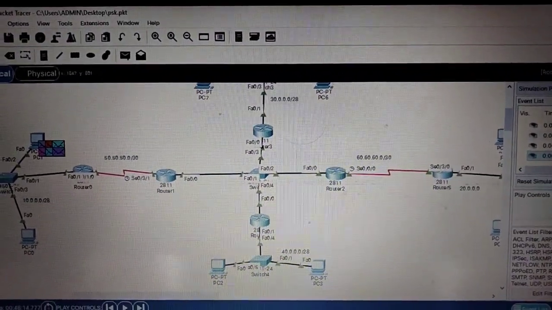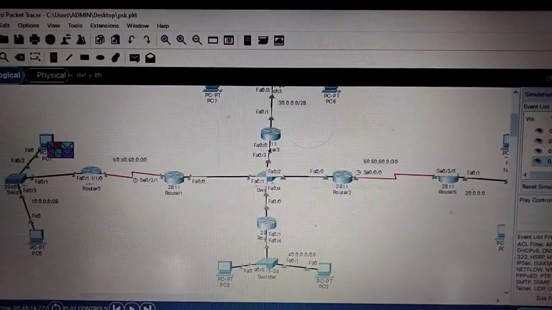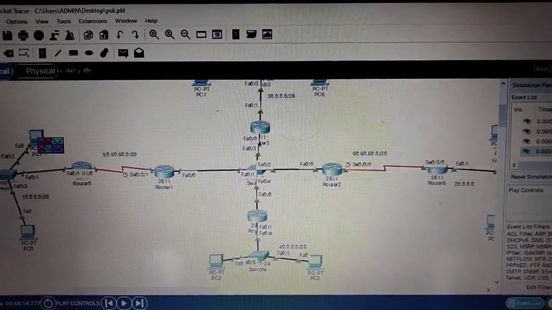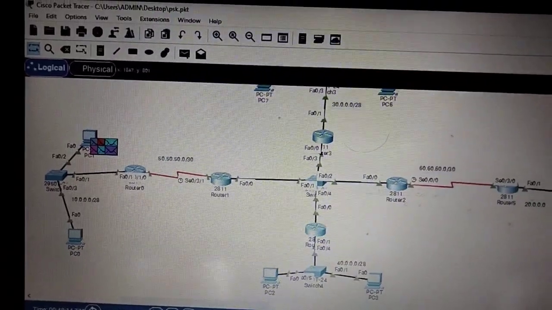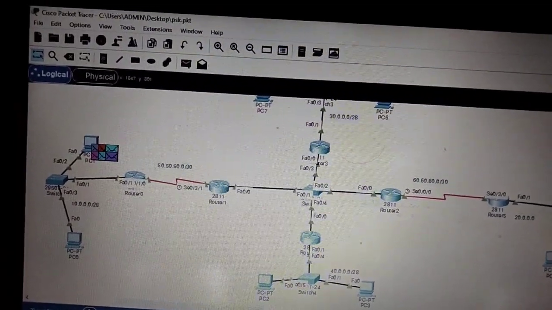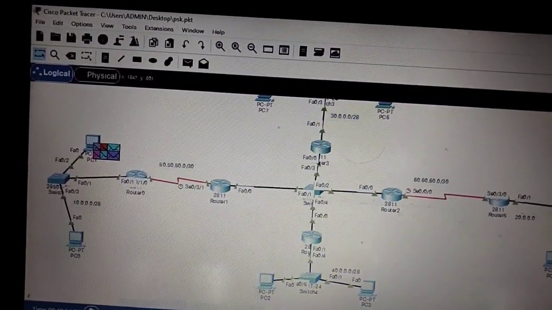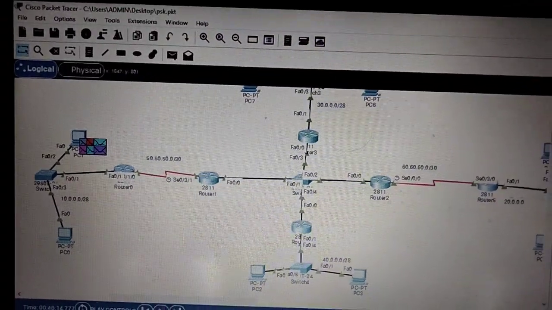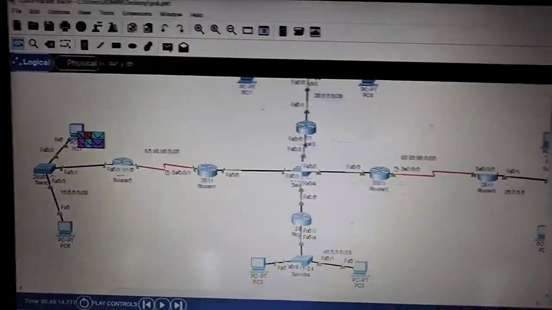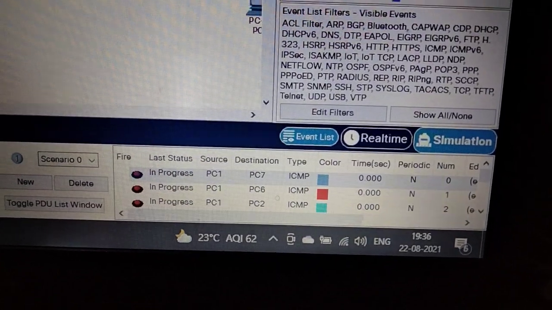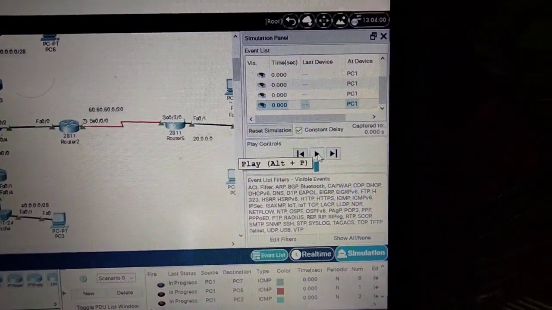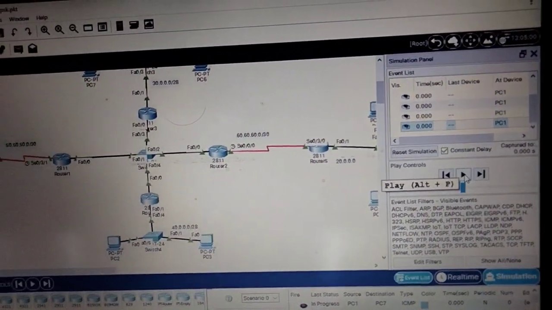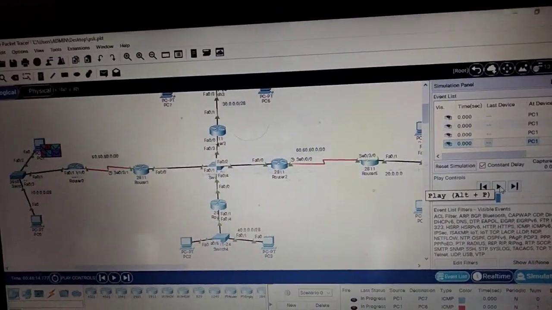The receiving PC will send a return message back to the sender PC, and they will get the message back. Everything is in process. Let's play, everything will ping now. The simulation process will be done very well.